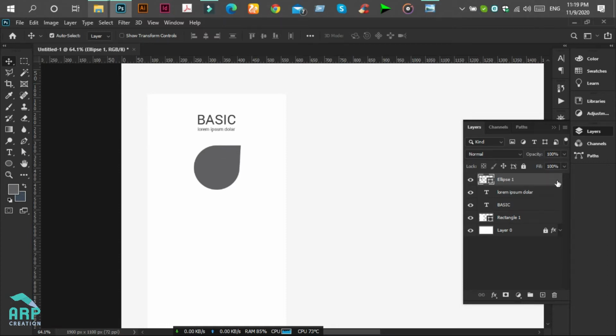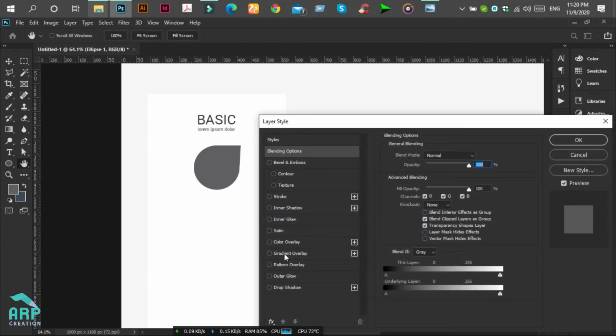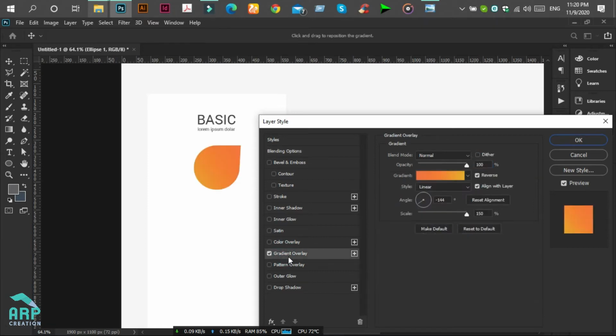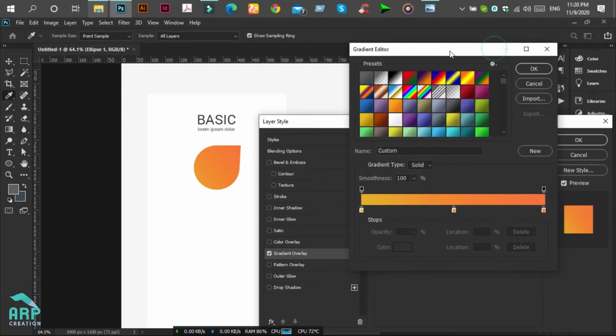Now we'll change this shape color to a new gradient color. So double click on this ellipse layer, then show the gradient overlay. We have already created a custom gradient.